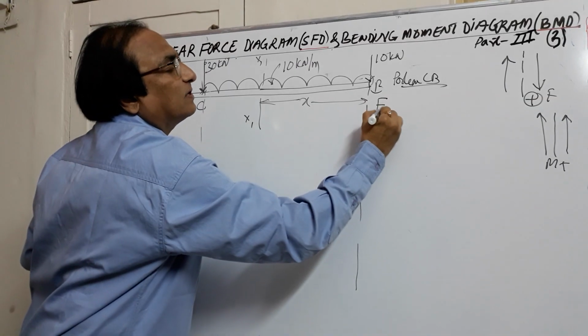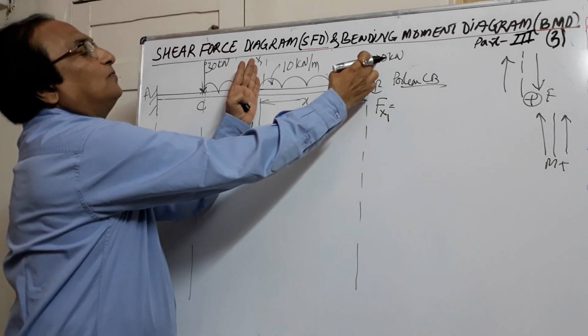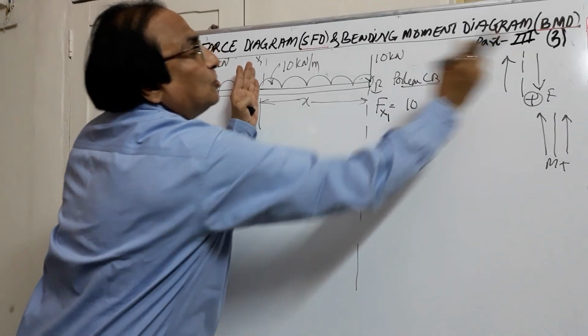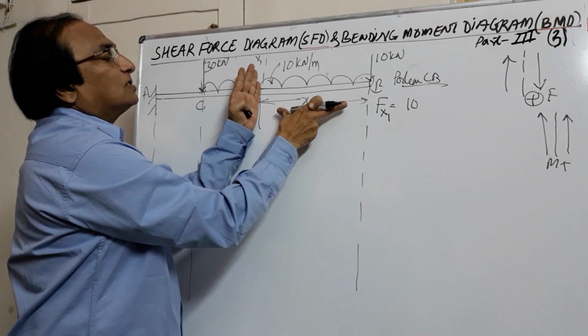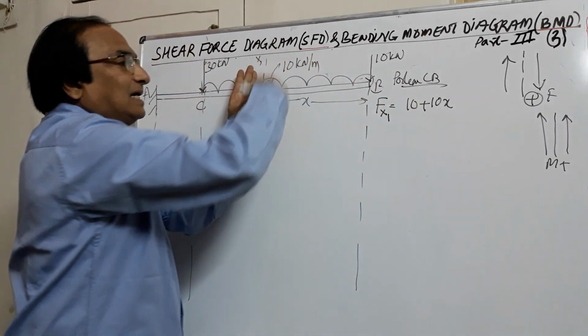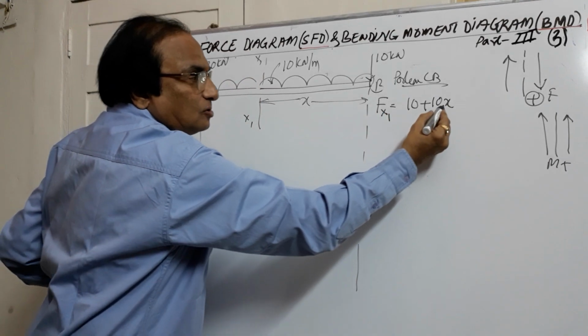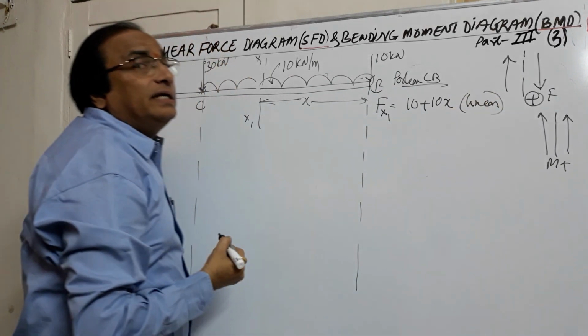Suppose if I see the shear force at x1, if you see to the right hand side, there are two forces acting. One is the load of 10, acting for a distance of x. So this will be plus 10 into x, because it is acting vertically down on the right hand side, and right down is positive. If you see this, it is associated with x to the power of 1, so this distribution is a linear distribution.